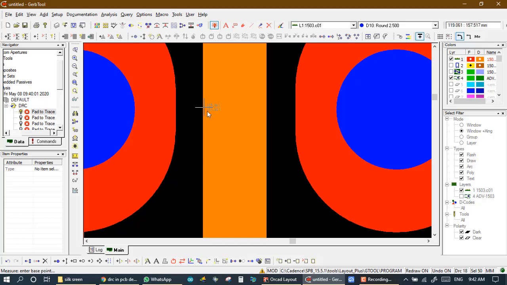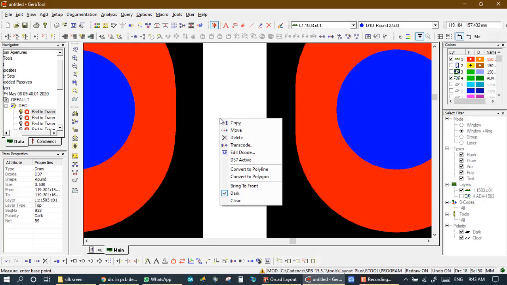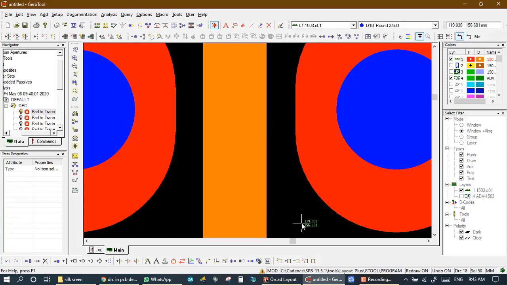Now we have just one option, and it's to decrease the size of this decode. So first we see this decode and this draw property. For it we right click, and this is draw of 0.5. So we decrease it, so we make this decode 0.3. For this we press escape, and we make one decode 0.3.